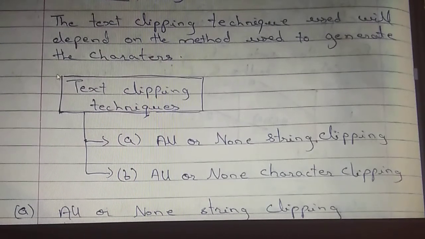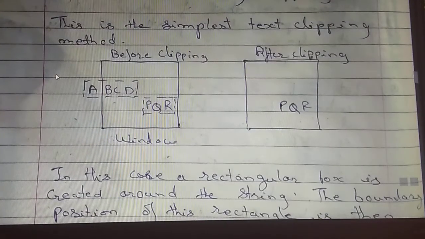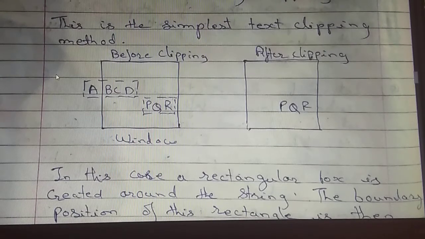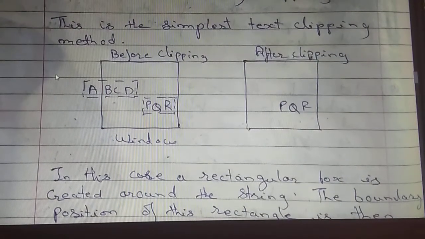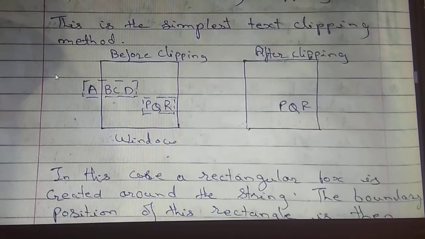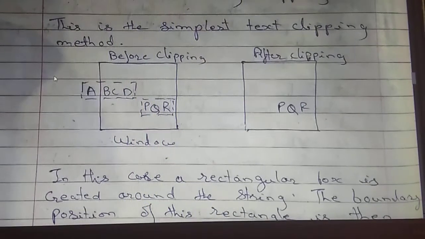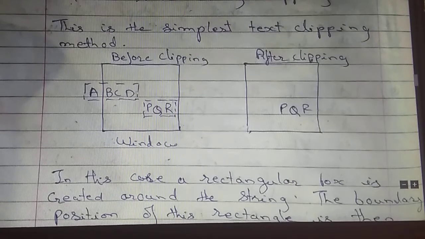Right? So first we'll start with all or none string clipping. This method of text clipping is basically simpler one. The example is there in front of you. Now it is before clipping and after clipping. Actually you can easily understand from the given example. The name suggests all or none string clipping. Either we have to delete or omit, or we can say clip all the portion or no portion to be